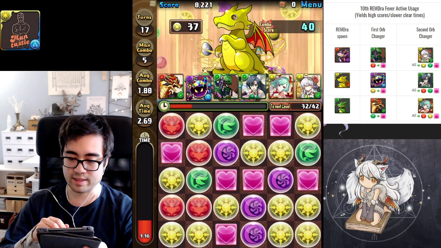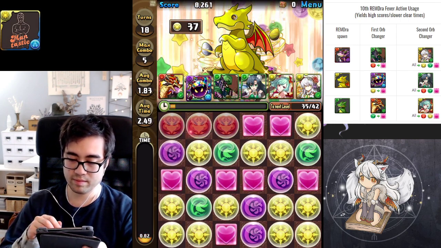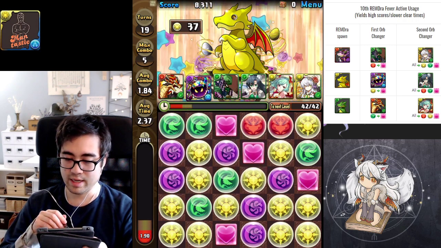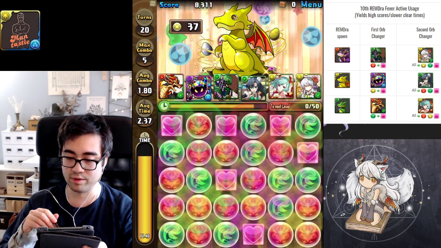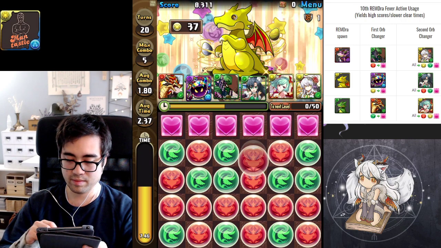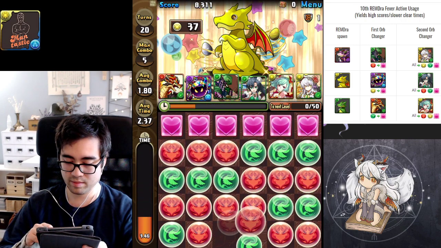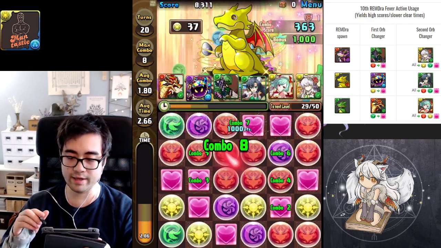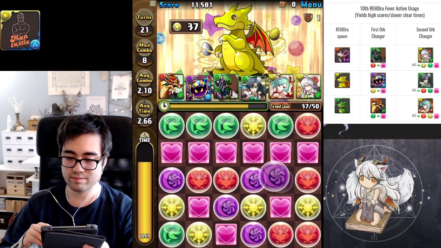Gotta be mindful of my timer now. It's a little dicey, but I'm about to level up. And then I'm going to utilize the last board changer for Verdandi and just go happy with some rows of hearts and combos. Whatever. And now I'm just going to match like normal now because we are now at a point where, well, I guess...